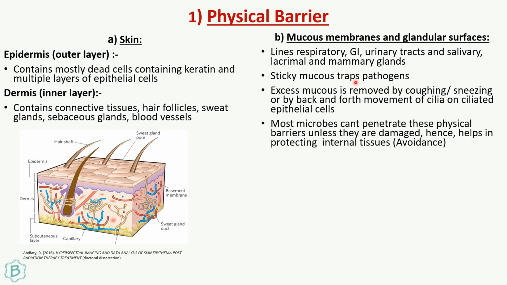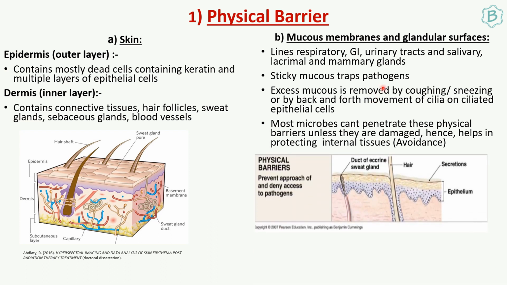So now that this mucus has trapped these pathogens, it has to be expelled out of the body or it could prove to be toxic. So this is done by two ways. This is either done by coughing or sneezing or by the movement of cilia. So cilia are these very small hair-like structures that are surrounding specialized cell types which are known as the ciliated epithelial cell types. So because of this back and forth movement of cilia, they are eventually able to remove the mucus out of your respiratory tract in a very gradual way.